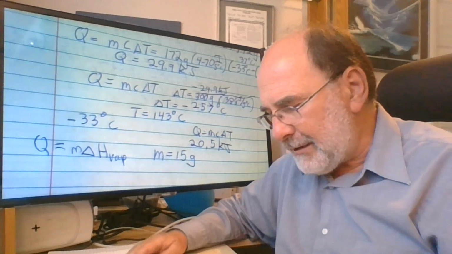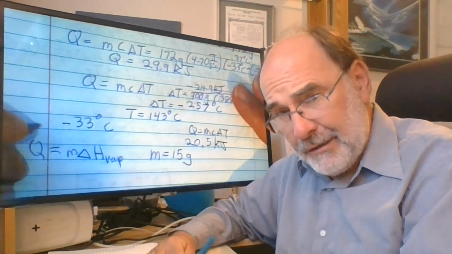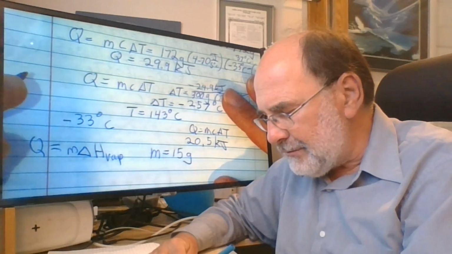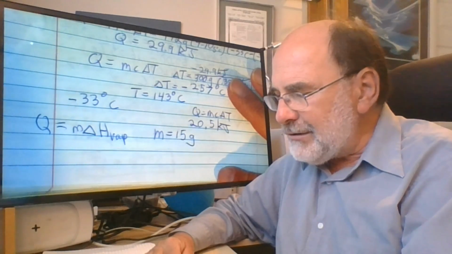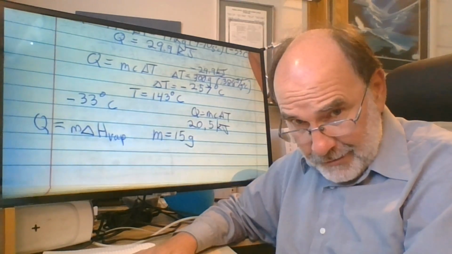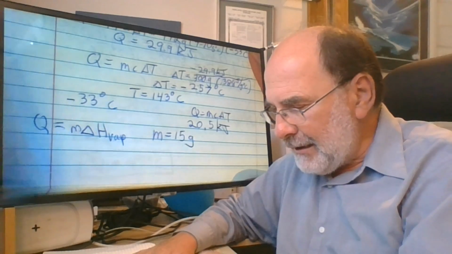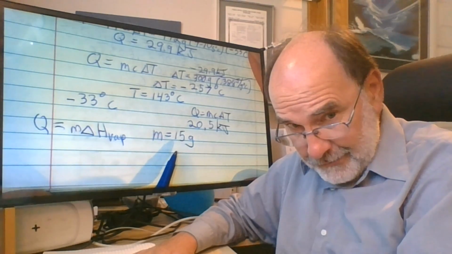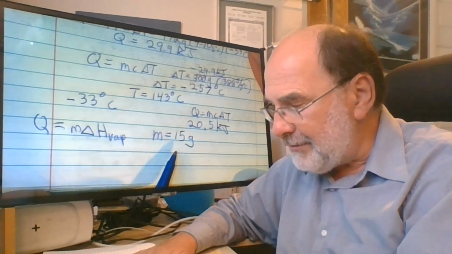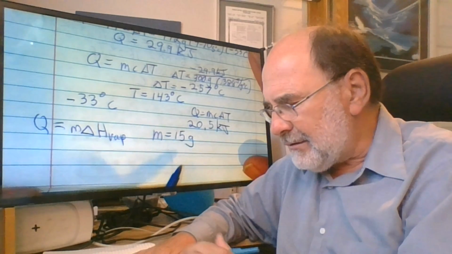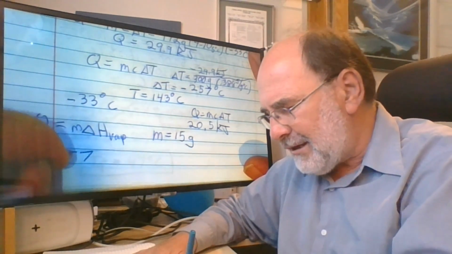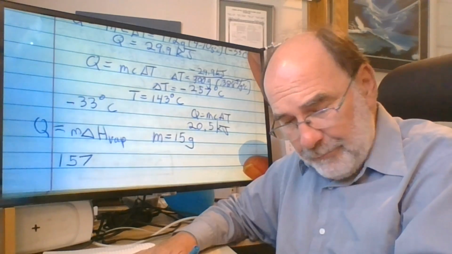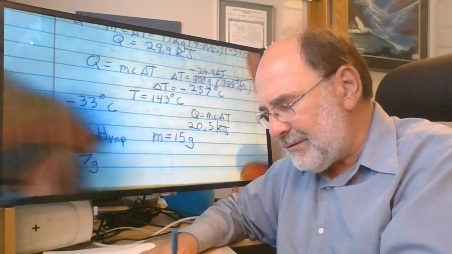So I finally got one guess correct. So here's the solution to this problem. If I started with 172 grams of ammonia and I vaporize 15 grams of it, and 12 minus 5 is 7, and 6 minus 1 is 5. So I end up with 157 grams